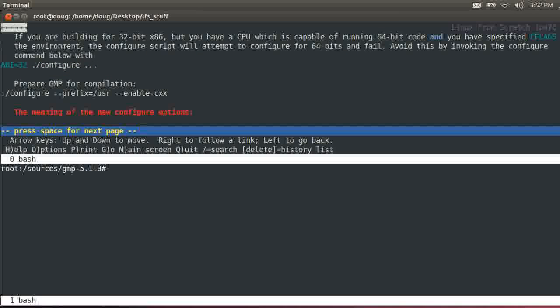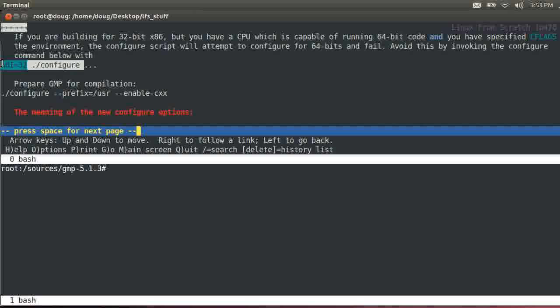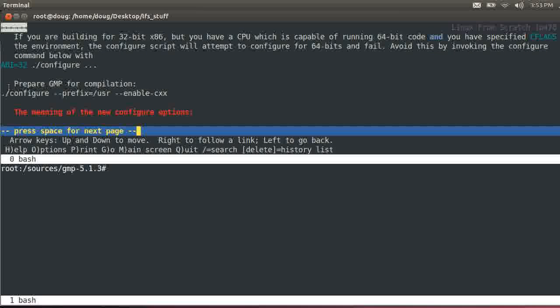Okay, if you are building for a 32-bit x86 but you have a CPU which is capable of running 64-bit code in a specified CFLAGS environment, the configure script will attempt to configure for 64 bits and fail. Avoid this by invoking the configure command below with this. For you 32-bit guys, read this chunk here and decide whether you want to do that or not. But for me, on a 64, I'm just going to go right ahead,